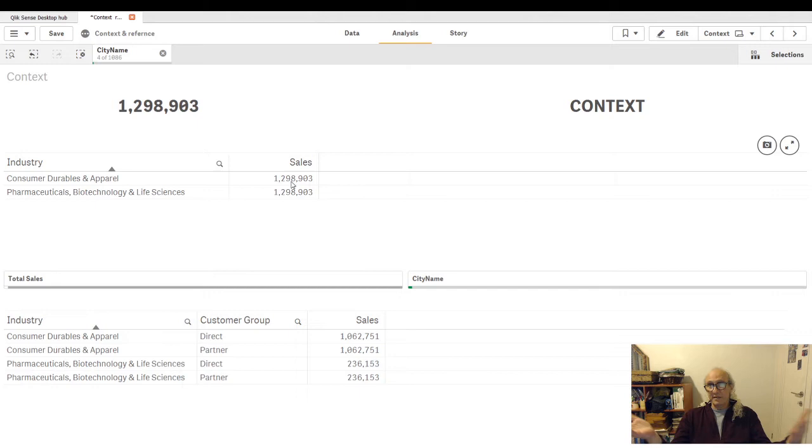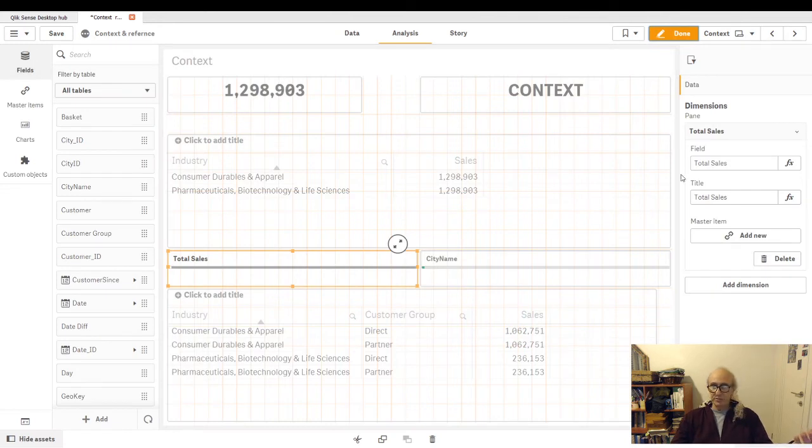Qlik Sense, in every aggregation function, only aggregates the white and the green values. So we say that it considers the context of the selection, but actually it doesn't do anything different. It is always only calculating the white and the green values. And after Qlik Sense decided which are the green and white values in the field that we use in the formula, in this case total sales,